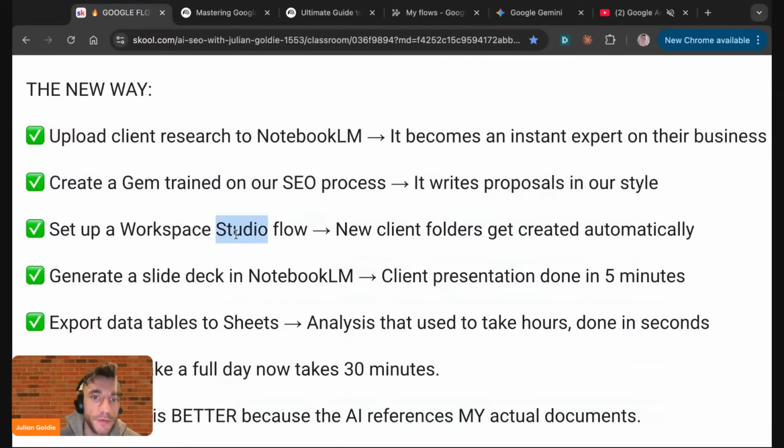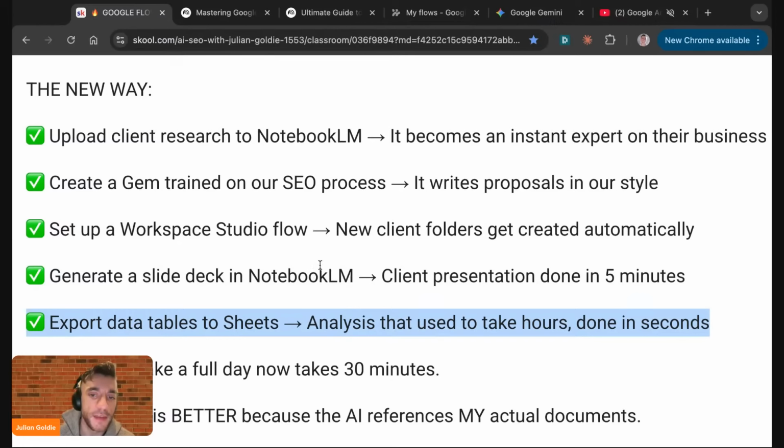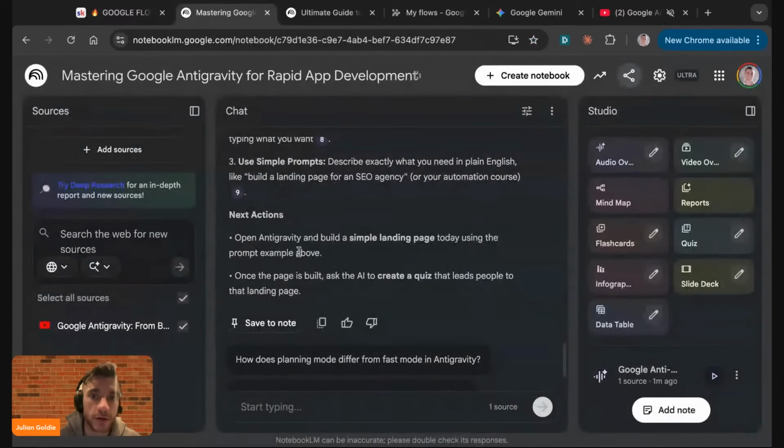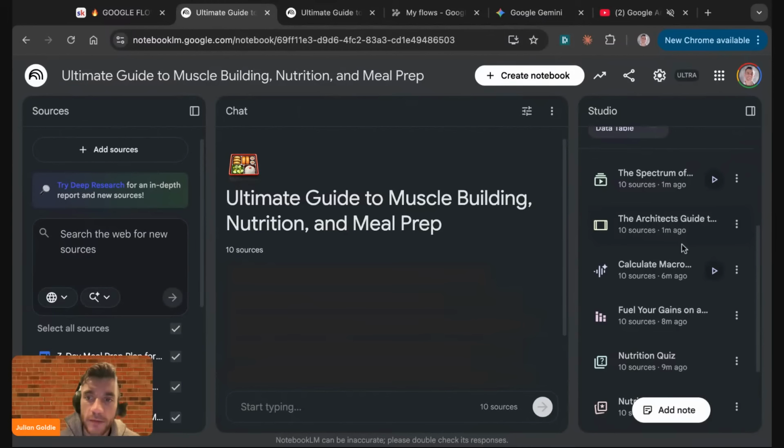You could, for example, set up a Workspace Studio flow and turn new client folders into automations. You could generate a slide deck in NotebookLM and just generate slides and client presentations in like 5 minutes. Or you could export the data tables to Sheets, and analysis that used to take hours could be done in minutes, right? So if we click, for example, through to that previous data table that we created,